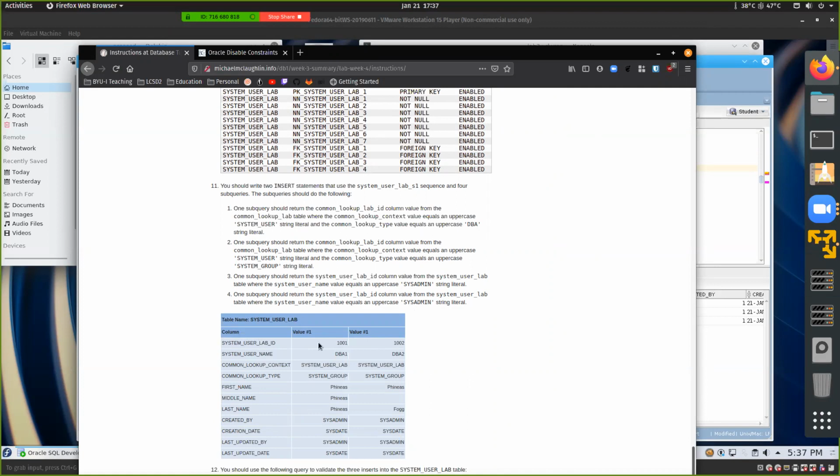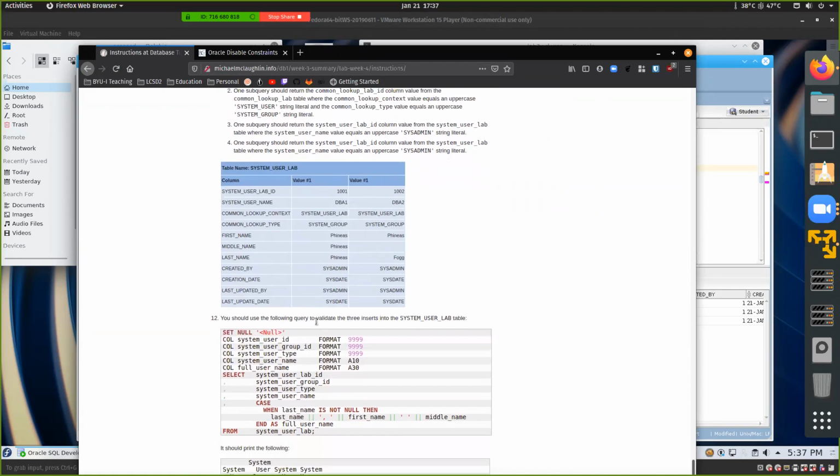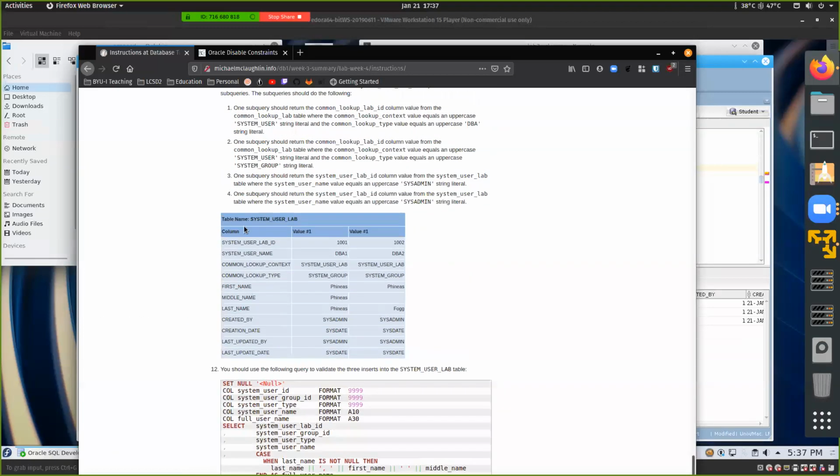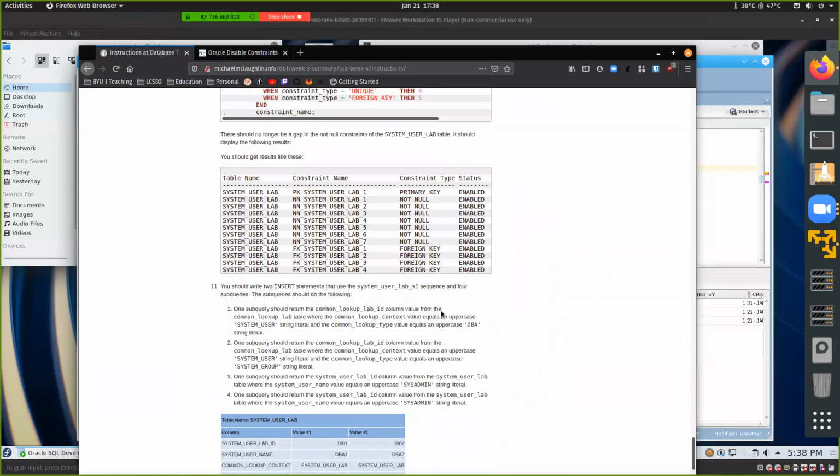Basically, the way this table works is you have your column and then the value that goes in that column, for this will be row 1 and this will be row 2. And I know it says value number 1; I should say value number 2, but it's just a typo. So anyways, you have your column and then your values there. And that one wants you to use the sequence, which we covered, so you should be able to use the sequence